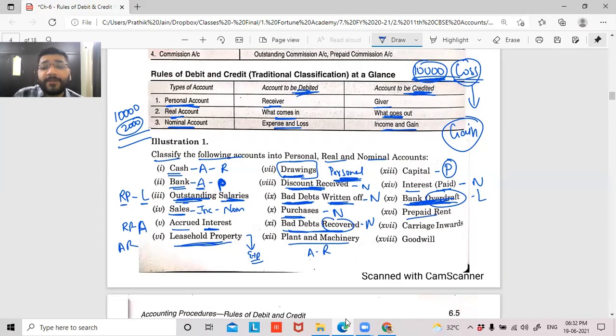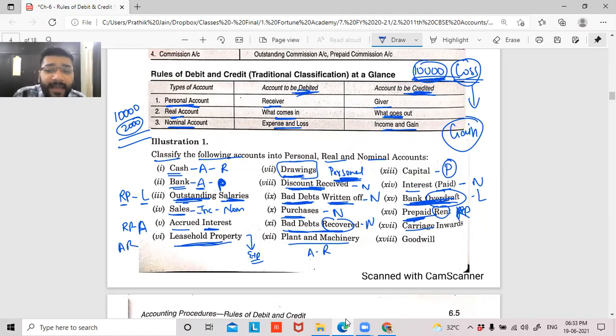Now, guys, prepaid rent. Rent is my expense. Prepaid. I told you 4 special cases. Prepaid, outstanding, accrued, and income. Accounts. Artificial personal account. Absolutely. So prepaid rent would be representative, right? Not artificial. Yeah, I mean, sorry, representative personal account. That's correct. Thanks for correcting. Guys, prepaid rent is absolutely representative, no doubt, because it is a special case, one among the 4 special cases.